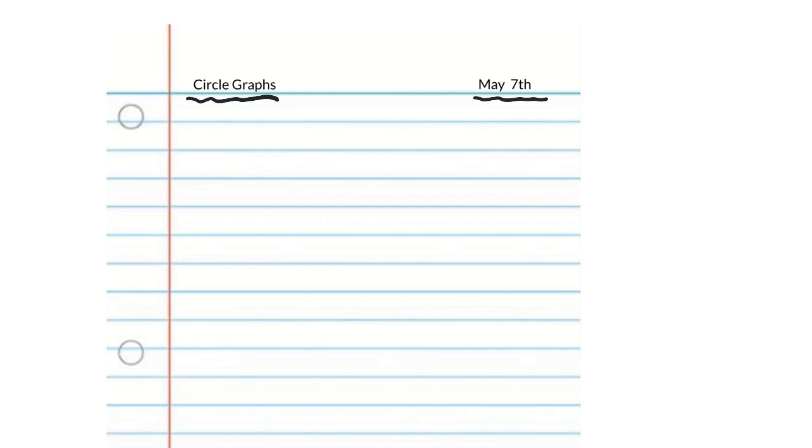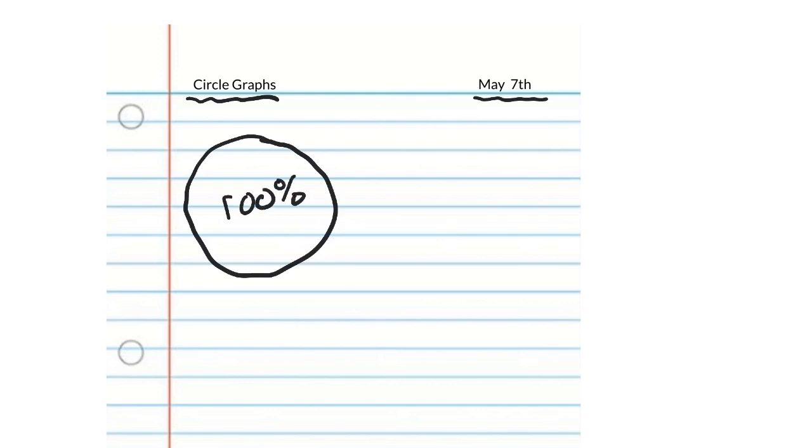Circle graphs, I like circle graphs. They're pretty easy. And it relies a lot on what we've been doing pretty much all year. Circle graphs always represent 100% of data given. And what's nice then is since it's a percent and we know it's always out of 100, a lot of the problems we do today, we're going to put the percent over 100 equals the part over